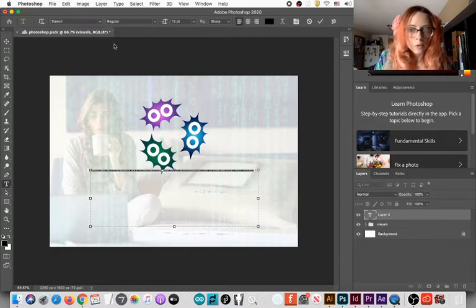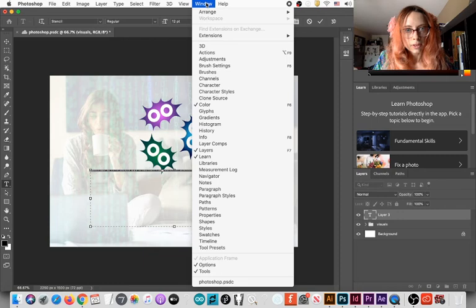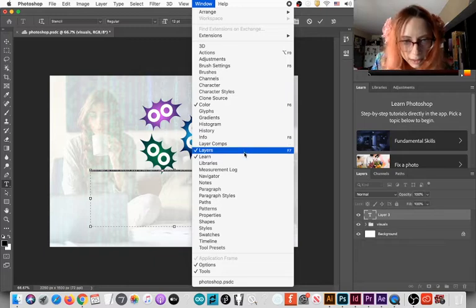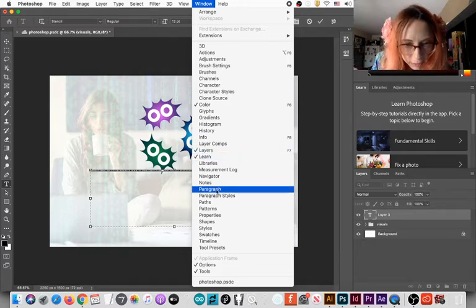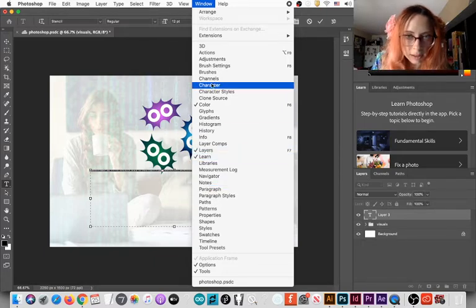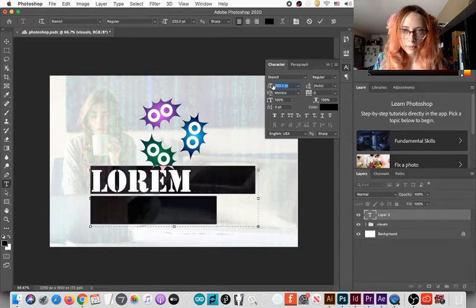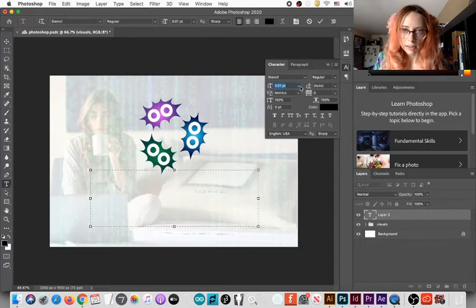Okay, now it's very small. Where's the window for that? For working with text, Paragraph would be a good one, and Character would be another good one. Okay, Character. This is the size. There are a few ways of using this.